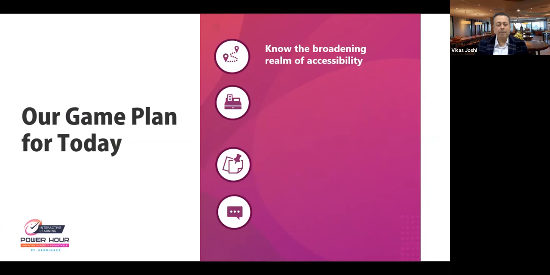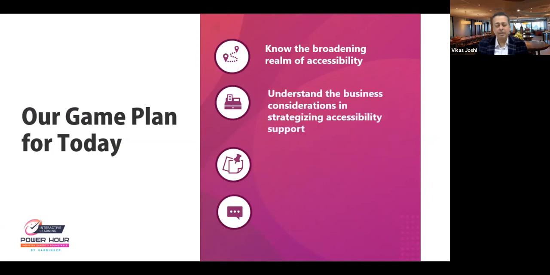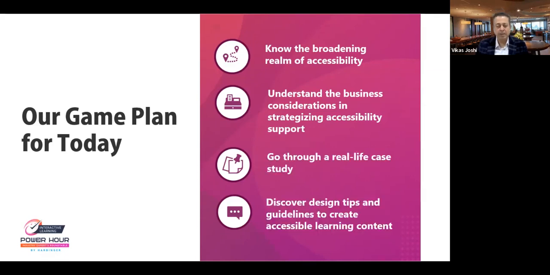Then we'll get our panel to give us their unique perspectives first. They'll help us understand the business considerations in accessibility. And later, we will discover also the technical and design considerations and the tips and guidelines to create accessible content.